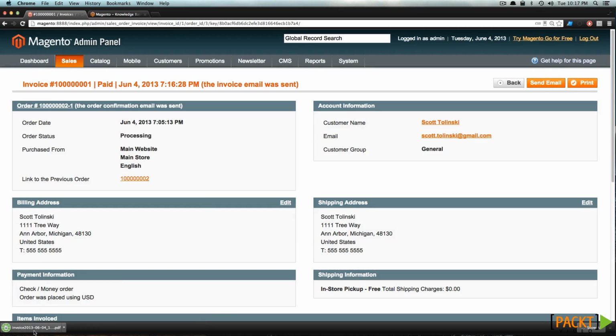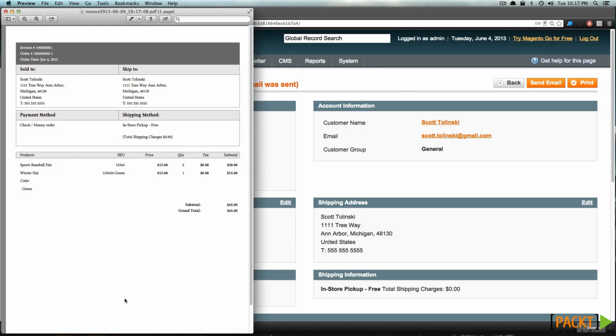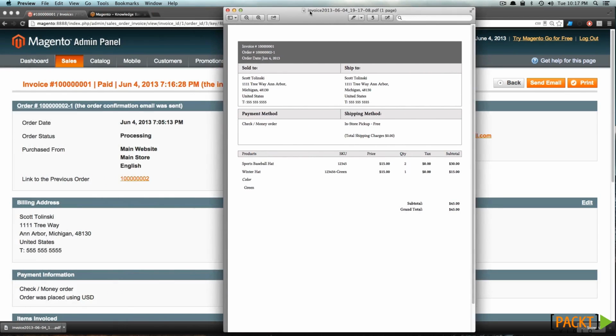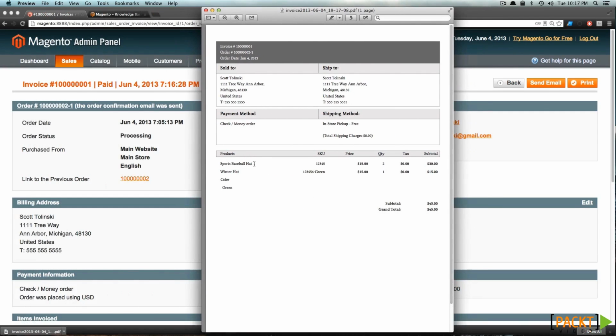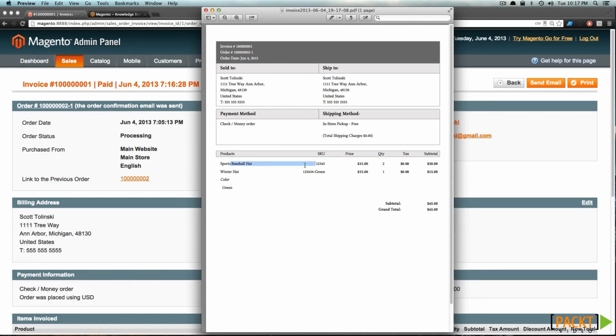And this is going to create a PDF for us. So let's click this PDF and check it out. Well, this is the default invoice that Magento creates. It is like a packing slip or something like that. We basically just have a list of our products with the price, the tax, a subtotal, and our grand total. It also has who it's sold to, who it's shipped to, the shipping method, the payment information, the order and